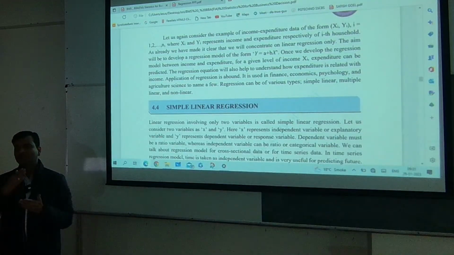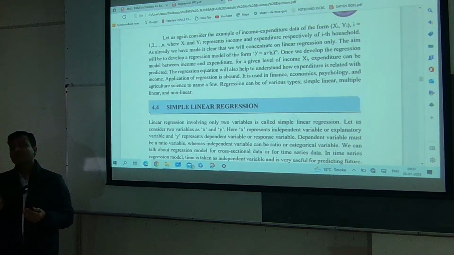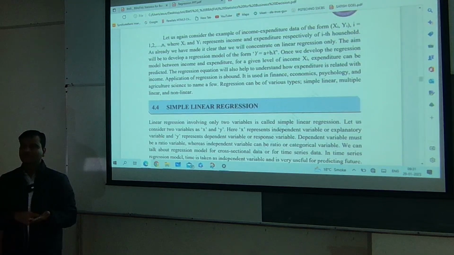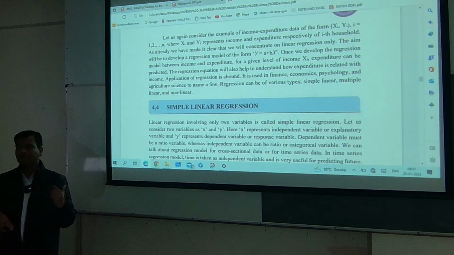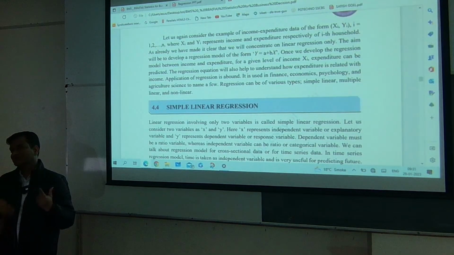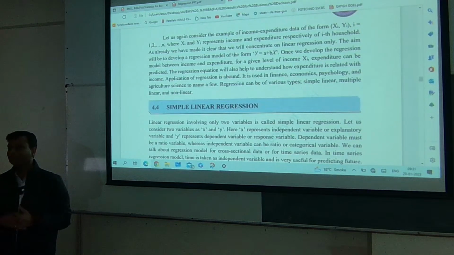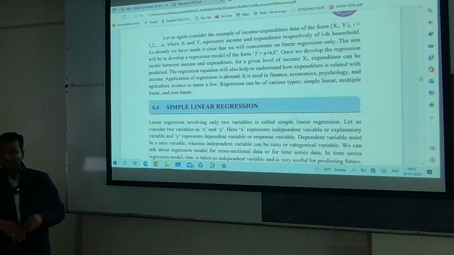But if your sales is dependent on more than one variable, it may depend upon price as well as it may depend on advertisement budget. So now your function sales is dependent on two variables instead of one. So for these types of situations you can also create the models. Okay, so we will see